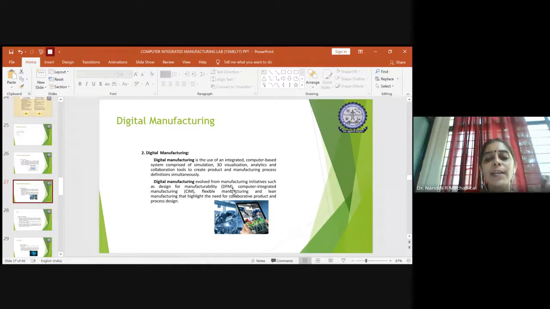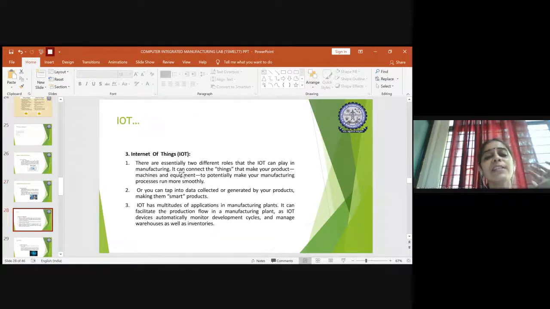This DFM again comes under design for X, right? It has 6 criteria. In that, design for manufacturability is 1. Along with this DFM, our CIM and flexible manufacturing system will be integrated, so that you come out with digital manufacturing. So this is how the existing SIM can be put forward with respect to the different types of manufacturing systems which are now coming on. And next is IoT, which is nothing but the Internet of Things.